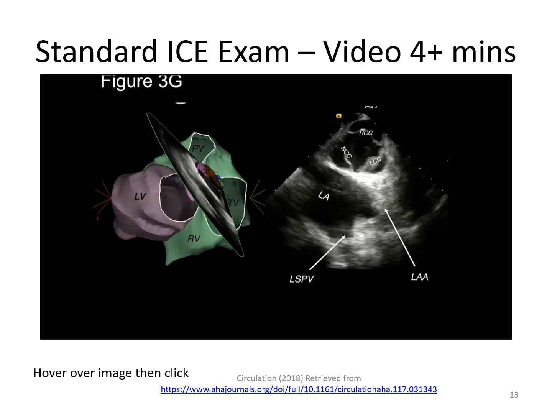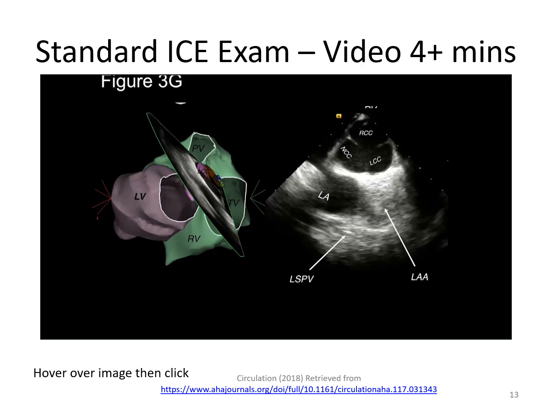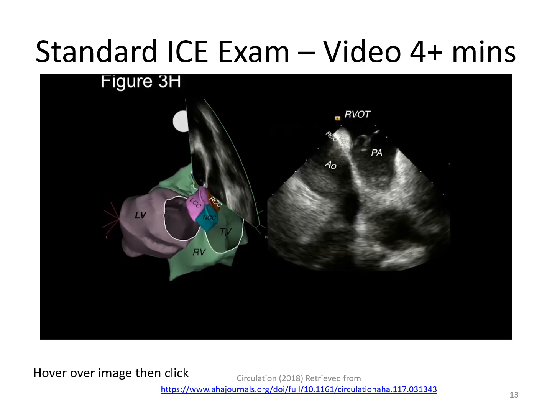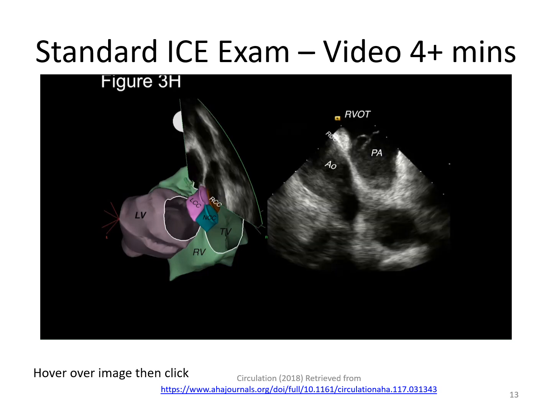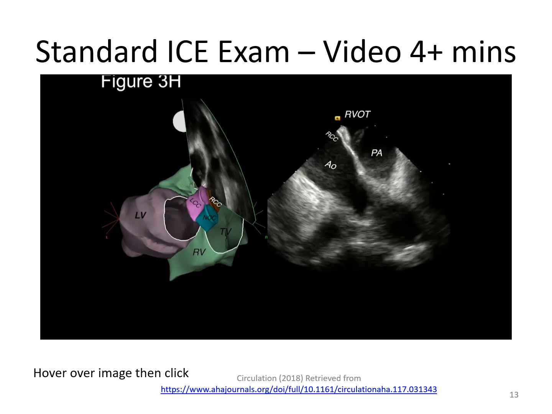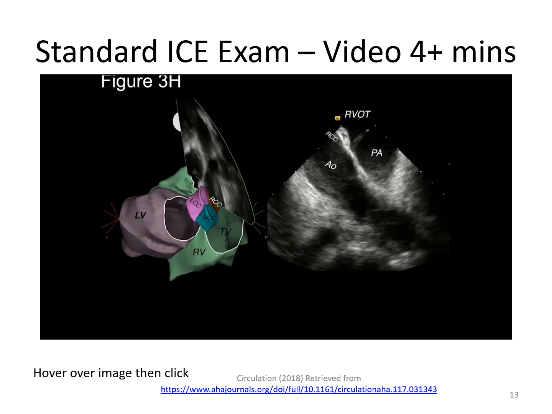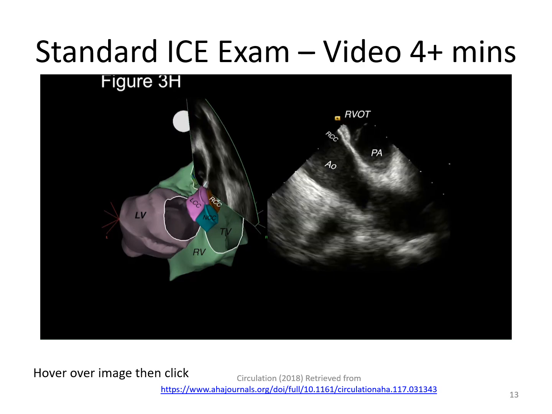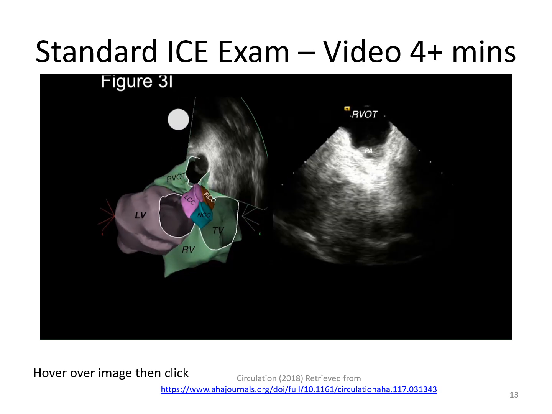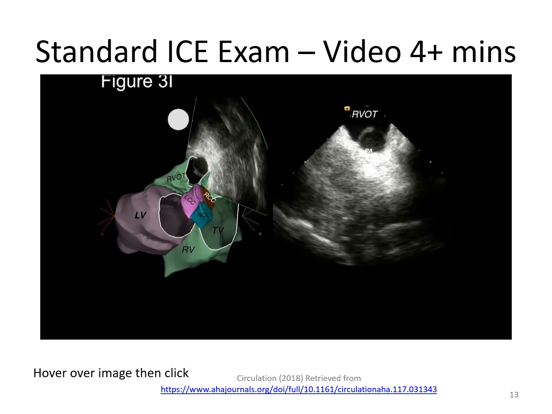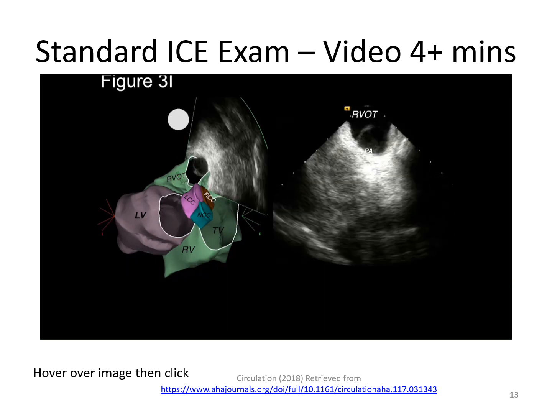The left superior pulmonary vein and the left atrial appendage are separated by a ridge and can be visualized in this image window. As the imaging catheter is rotated, the lateral right ventricle comes into view. First, it's the anterior free wall aspect of the RVOT, separated from the pulmonary artery by the pulmonic valve, and behind is the aorta. Progressive rotation shows the most lateral aspect of the RVOT,